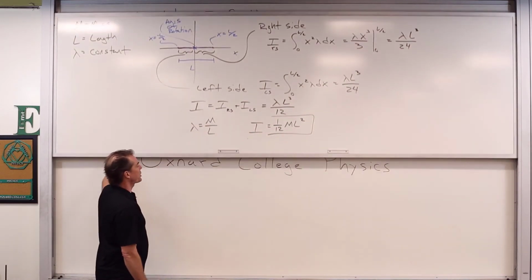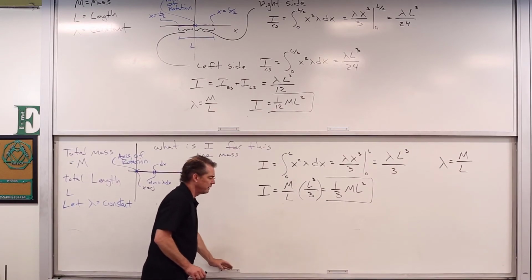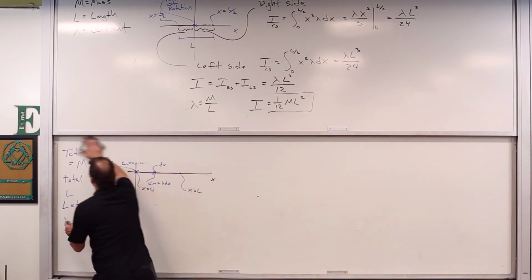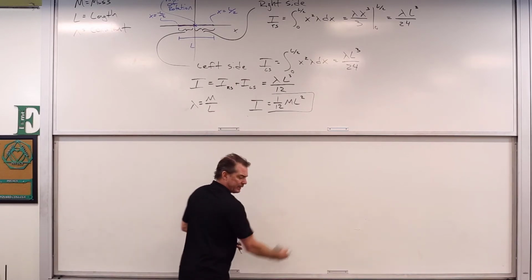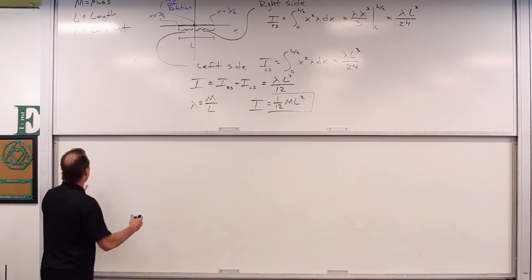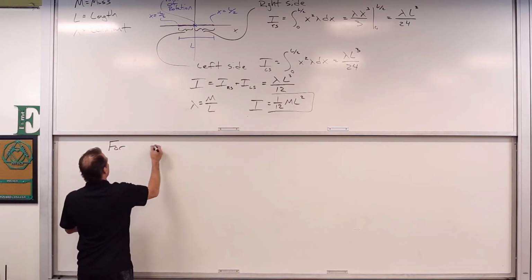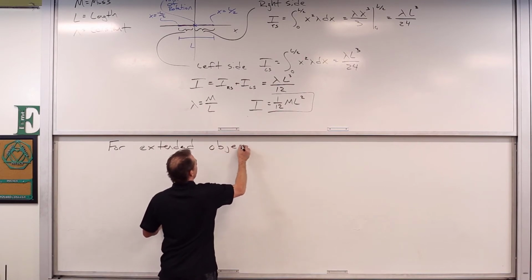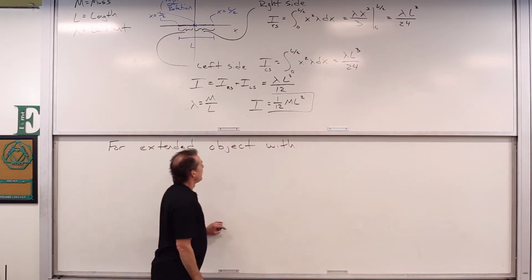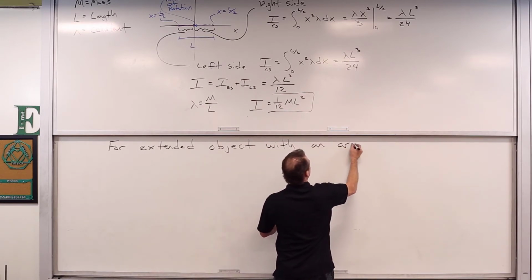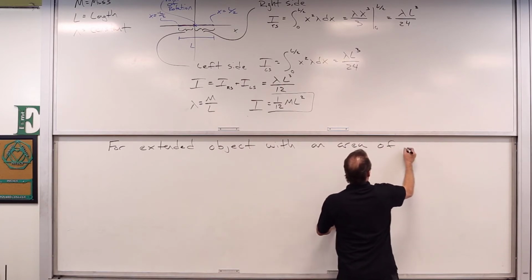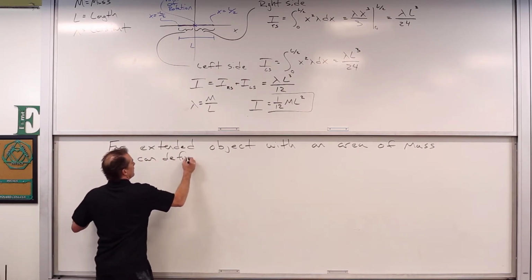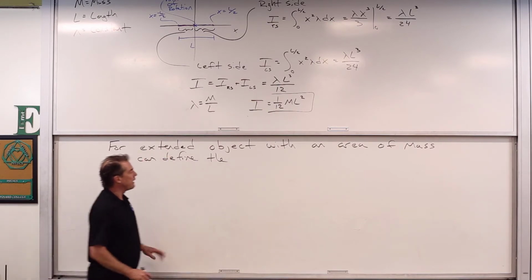And we can start adding things together. There's one other thing that goes with this. Usually you start doing it in Calculus 3, where you've got double integrals, triple integrals, but for extended objects with an area of mass, we can define area mass density